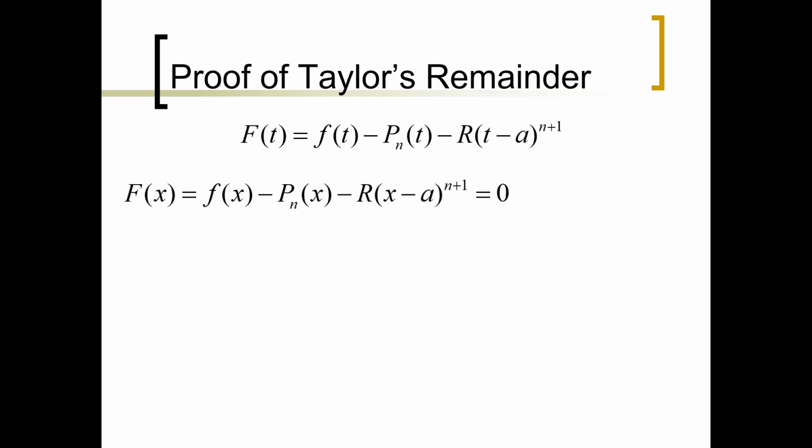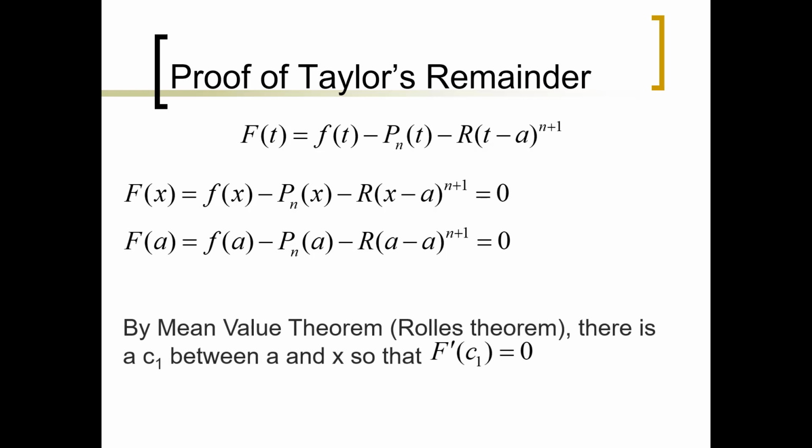Notice that if you just plug in x, by definition, r was picked so that this was 0. Obviously though, if you just plug in a, f of a and the Taylor polynomial of nth degree at a are the same thing. So that's 0. And a minus a, of course, is 0 to a power. So that whole thing is 0. So since F of x and F of a are both 0, by the mean value theorem, specifically the simpler form, Rolle's theorem, there is a value c1 between a and x so that the first derivative of capital F